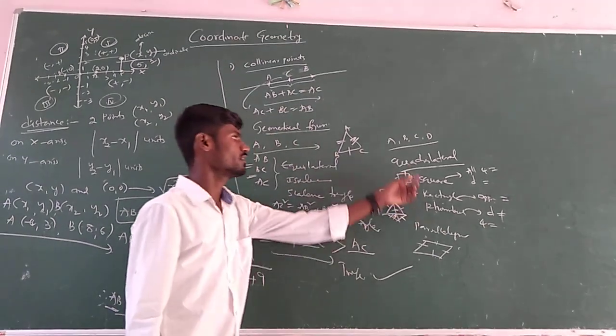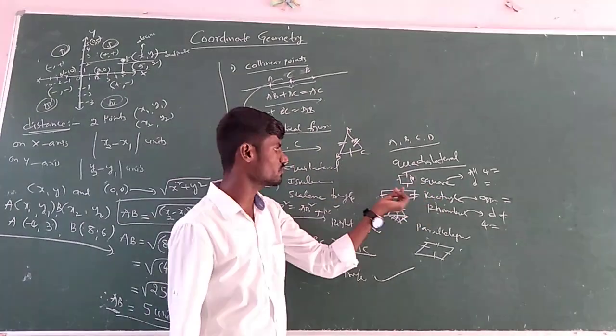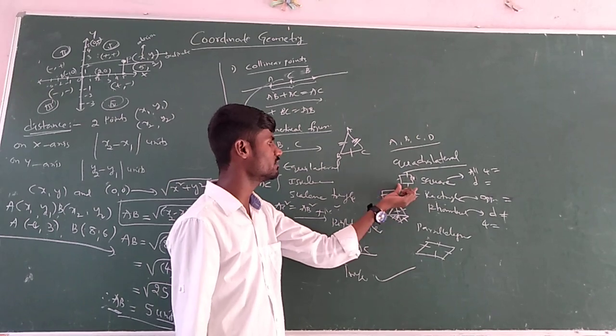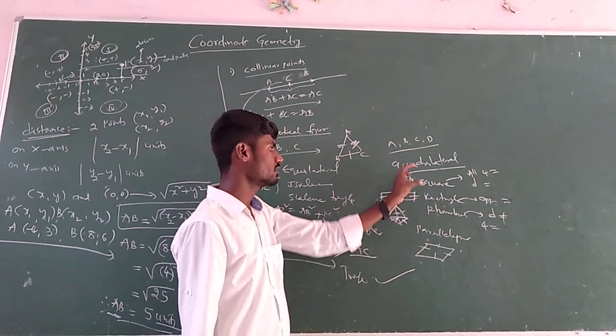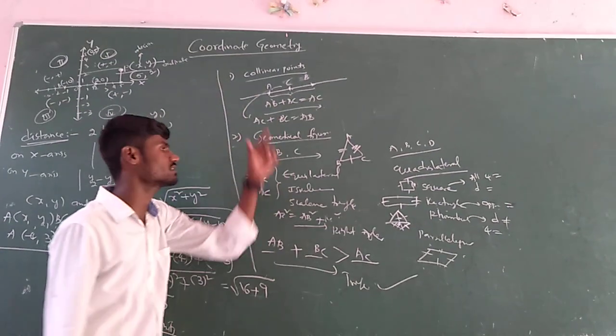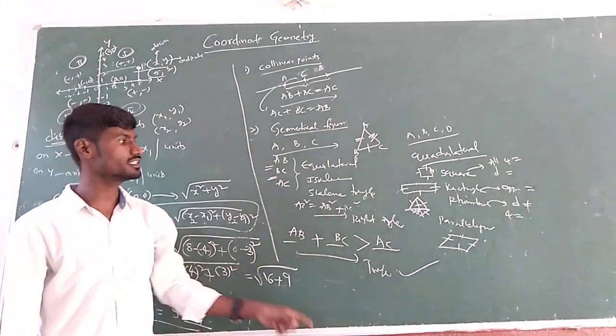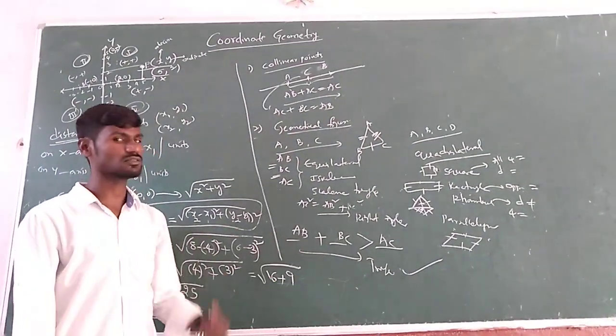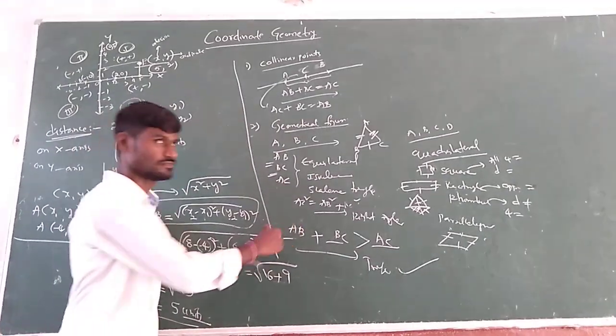So in that way, how can we find this? We have to find all four sides, nothing but the distance between the points: AB, BC, CD, AD. So this is a procedure based upon the distance topic. The question may be asked in these formats. So let us discuss some problems based upon this topic.